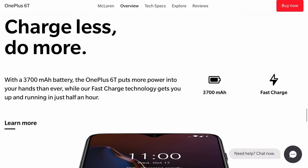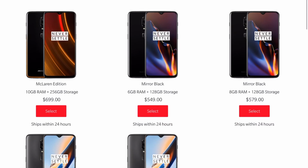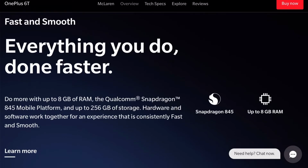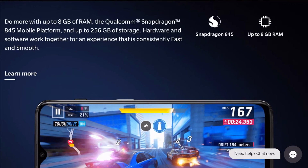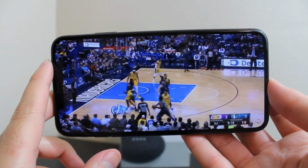That's just crazy. The OnePlus 6T also comes with dash charging out of the box, 128 gigabytes of storage for the base model as opposed to the 64 gigabytes the iPhone XS Max starts with. The iPhone XS Max does come with a few things that the OnePlus is lacking, for example, wireless charging. OnePlus still hasn't added that to their phones, and it may be due to keeping the price as low as possible. The iPhone also comes with dual speakers, which are much better than the single speaker the OnePlus 6T comes